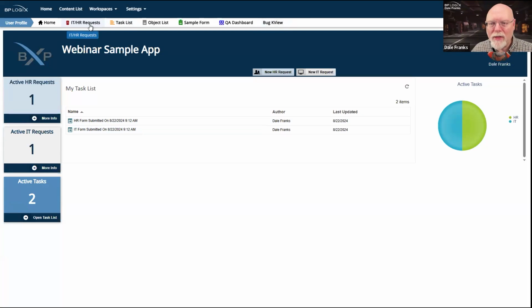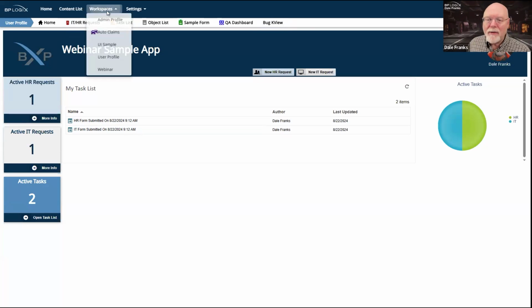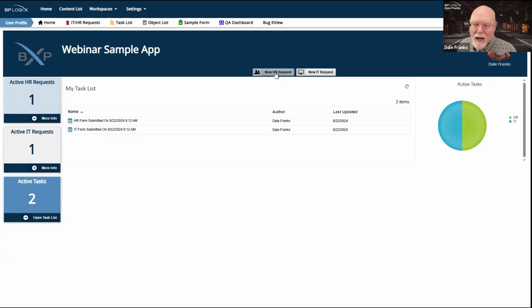And one of the things that I've just added is my IT/HR requests, because dashboards are content list objects, I can link to them in other workspaces. So I don't necessarily need to have this UI sample workspace. In my case, I've got a dashboard. The dashboard has links to the two forms that it can open, HR request and IT request.